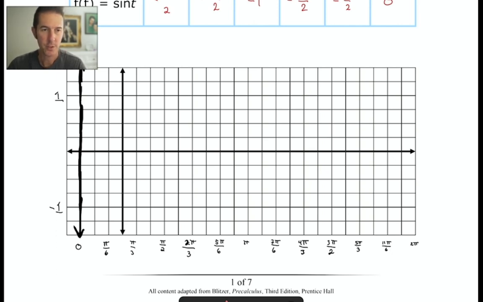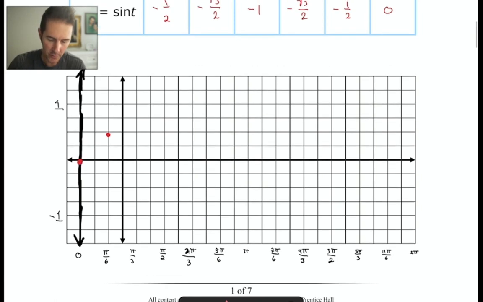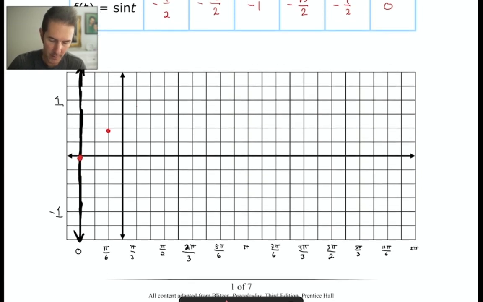So the sine function does start at the origin. The most basic sine function does. So I'm going to get a point there at the new origin that we slid over to the left. And then I'm going to go 2 boxes to the right and 2 boxes up because we're plotting at pi over 6, 1/2. And then the next point that we're going to plot is at pi over 3, √3 over 2. And that, as I recall, is like 0.8 something. So it's getting up there. It's pretty close to the number 1, and this doesn't have to be perfect. So let's go there,